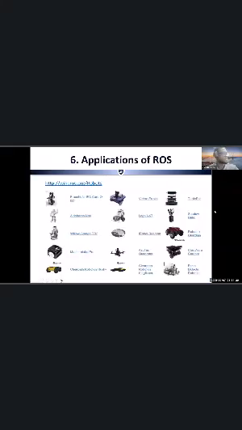So, applications of ROS. I dropped a link where you can see some of these robots. They're very popular robots in industry, currently being used and powered by ROS. Very popular. The Clearpath robots, the Spot robots by Boston Dynamics, and a couple of robotic arm projects I also worked on. You can get TurtleBots, and just check it out.